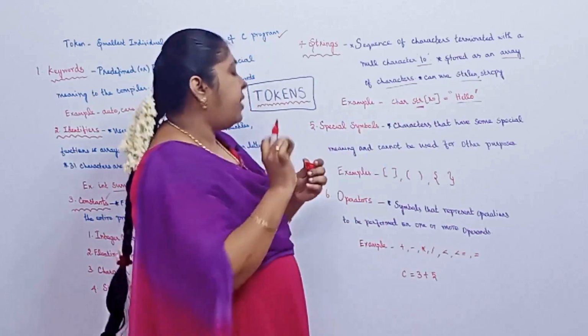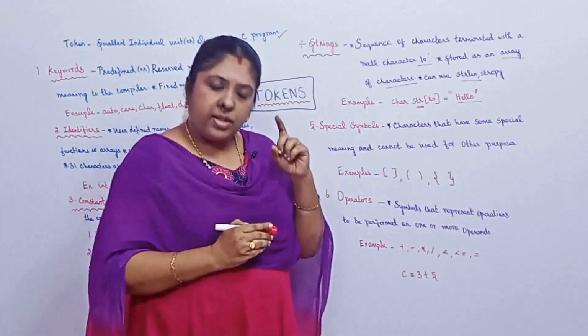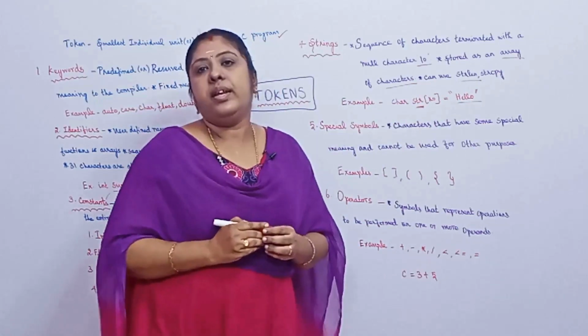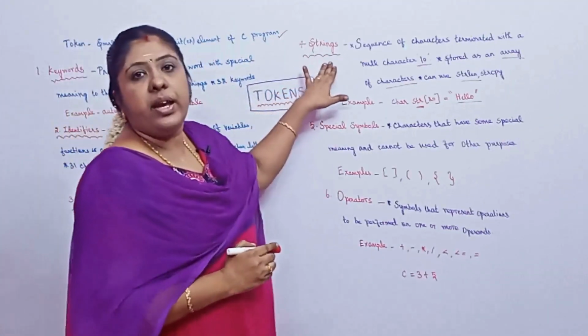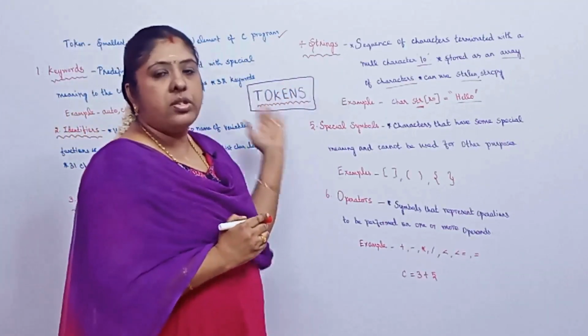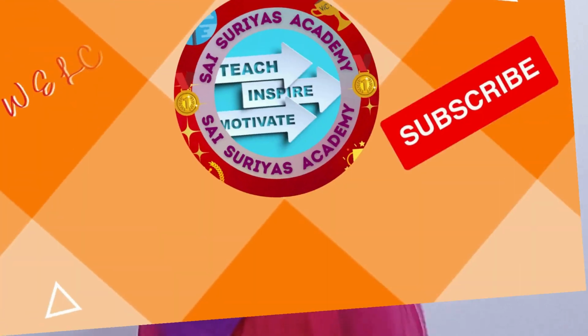between a character and a string is, a character is always represented by only a single character, whereas in strings we can use a sequence of characters such as